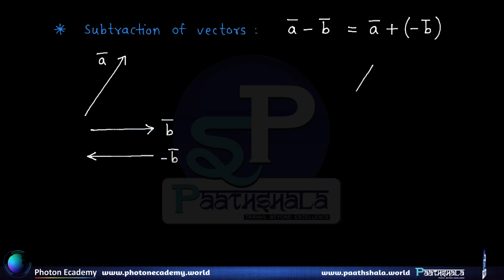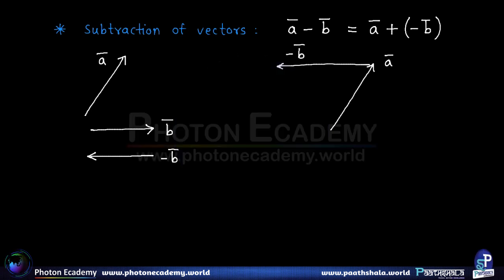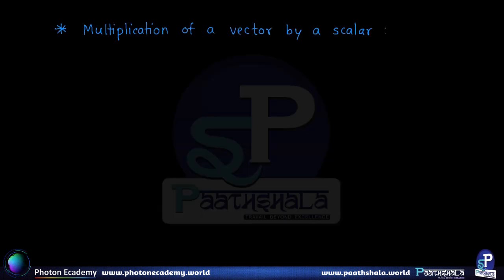So therefore we take a bar, then we attach minus b bar at the end of a bar, and then completing the triangle, that is using the triangle law, what we obtain is nothing but a bar minus b bar. So that's how we do the subtraction. Right. Let's move on and see how to